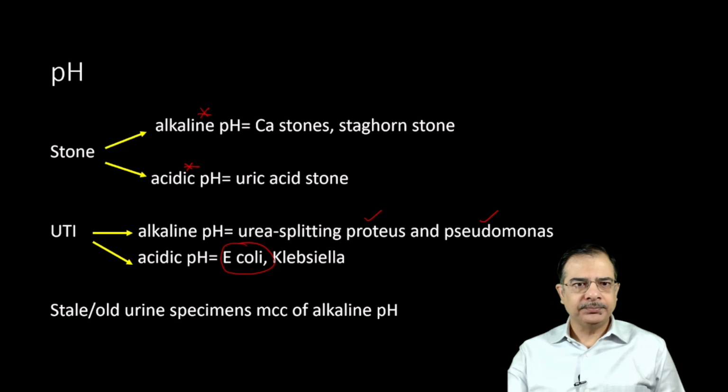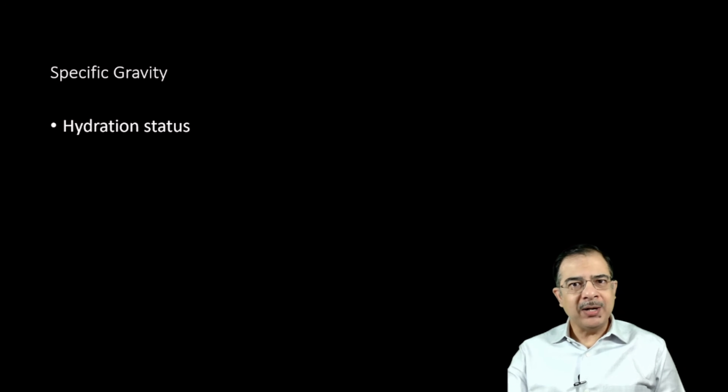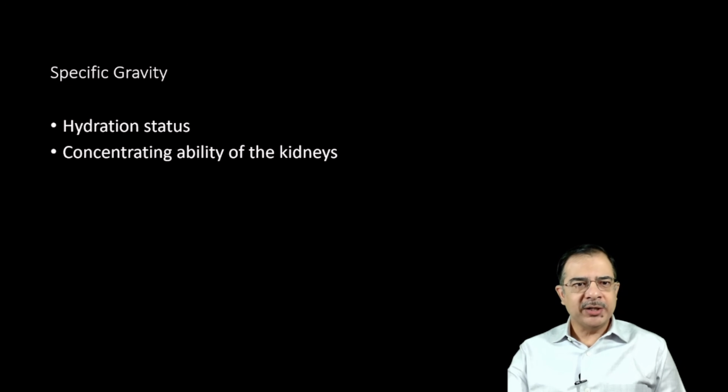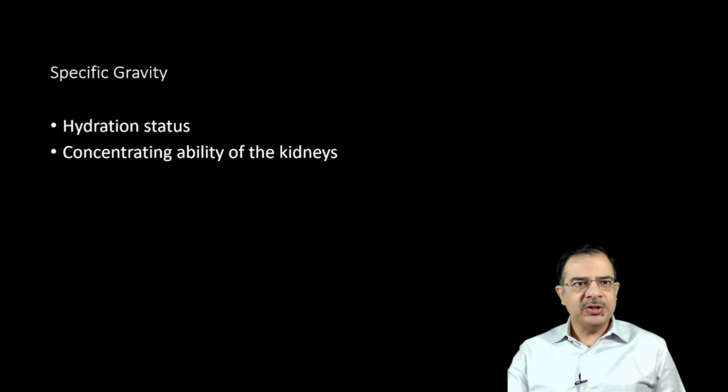Specific gravity. Specific gravity means how heavy the urine is in relation to water, and it is due to the presence of glucose or urea or less water in the urine. So it depends on the hydration status. Hydration status and concentration ability of the kidneys can change the specific gravity. So how is it changed? How high values like